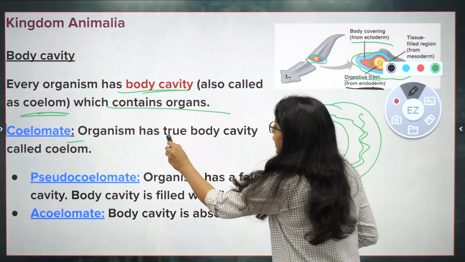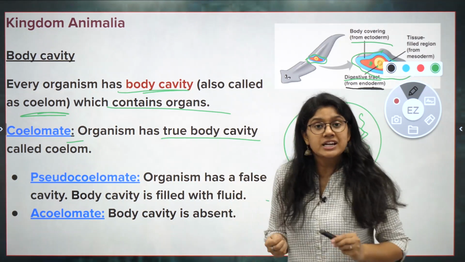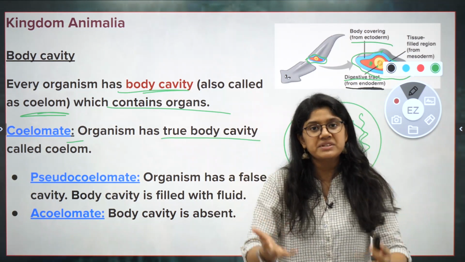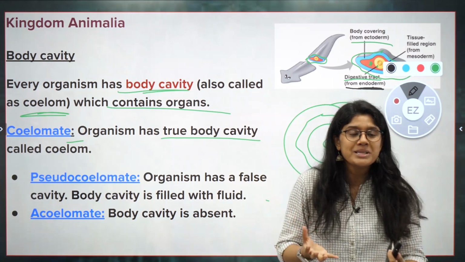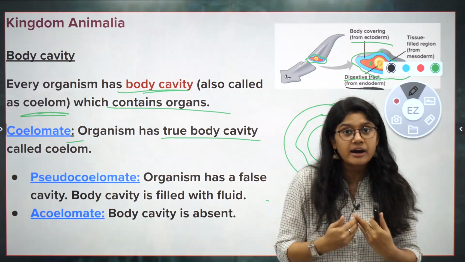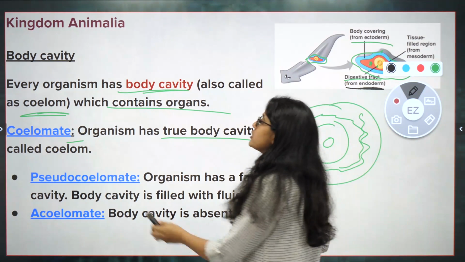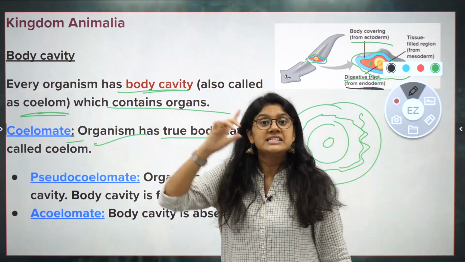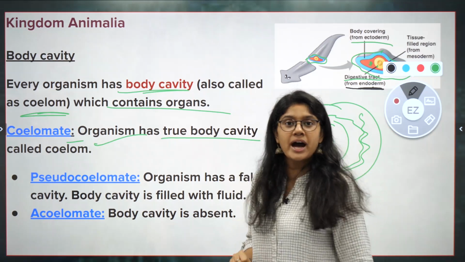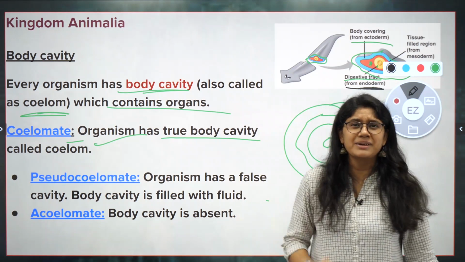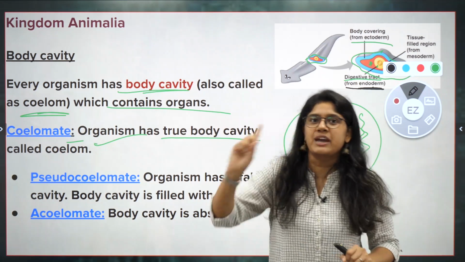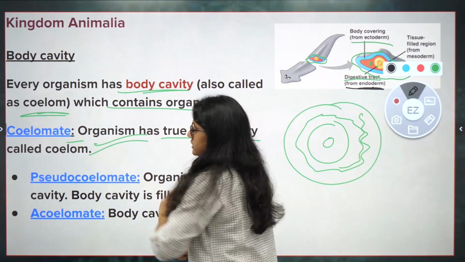We have a true body cavity. We actually have a true body space, or a true coelom, inside our body. That's why we are called coelomate. Majority of the animals of the animal kingdom are coelomate, everyone. Clear? Everyone, come on. I know sometimes it gets boring. Please don't lose your attention. Stay with us.